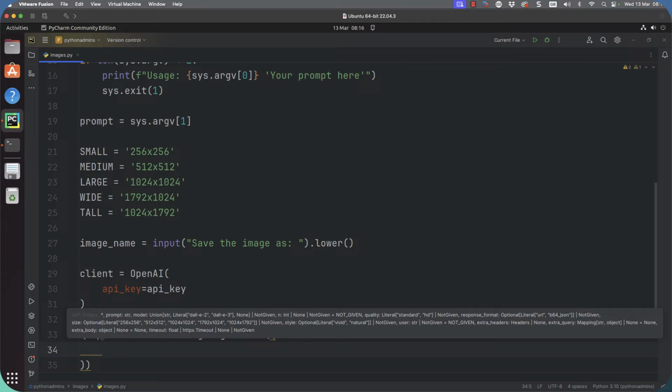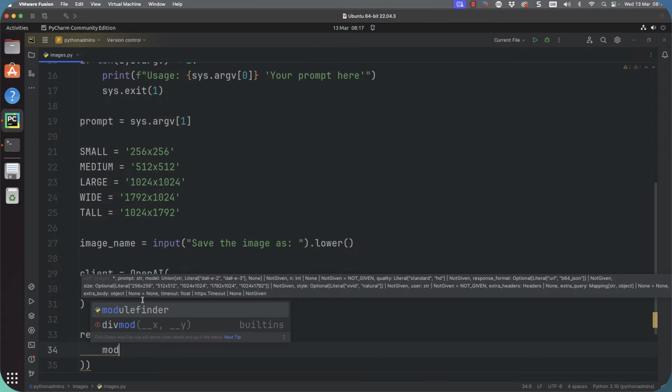So this is really going through specifying what type of image we want, what model we want, what size of image we want. I know you won't see it on your screen, but the IDE actually gives me a little bit of documentation about what I can put in here.